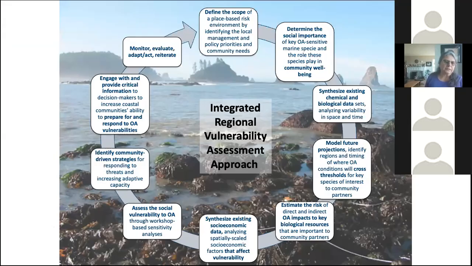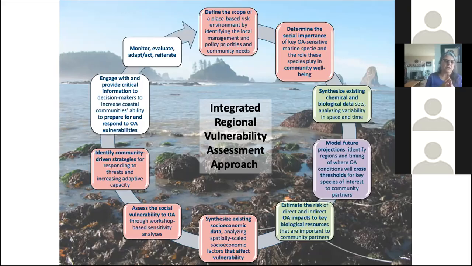Next slide. All right, so we call this affectionately the wheel, and it might be a little hard for you to read. I'm actually going to ask Jessie if you could click one more time. Yeah. Great. Okay, so now these steps are color coded. The pink, or the salmon color, I should say, is social science activities. The green is natural science, and the purple is modeling projections, and then the white is everything together.